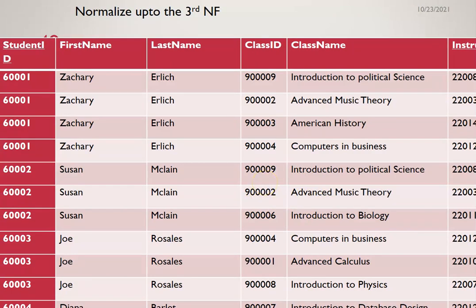So what you need to do is ask yourself, is this table in the first normal form? If no, you normalize it to the first normal form. After normalizing it to the first normal form, you ask yourself, is it in the second normal form? If yes, if no. So in this case, if you look at that table,